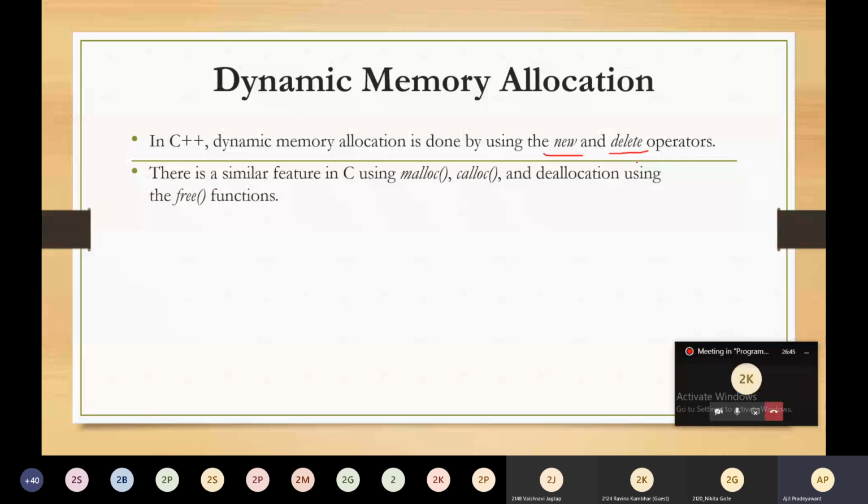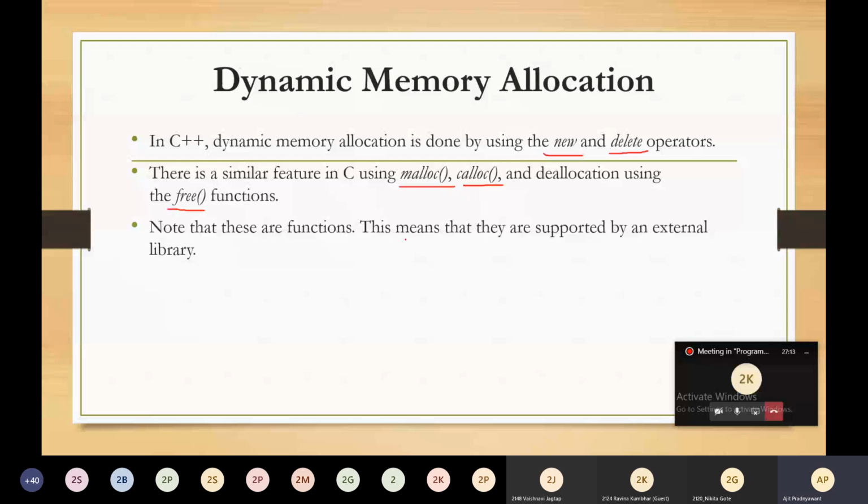There is a similar feature in C with the help of malloc, calloc, and free functions. We can perform dynamic memory allocation. So in C, these are the functions. With the help of these functions, you can do dynamic memory allocation as well as deallocation. This means they are supported by an external library,